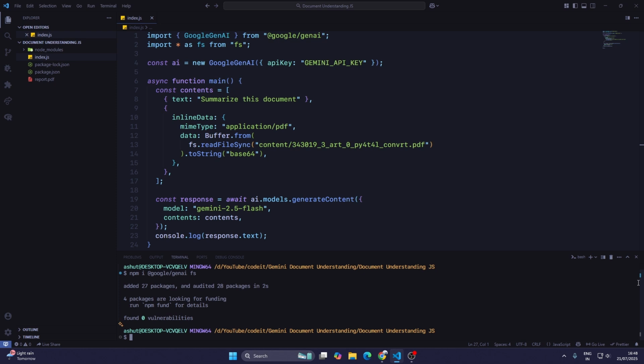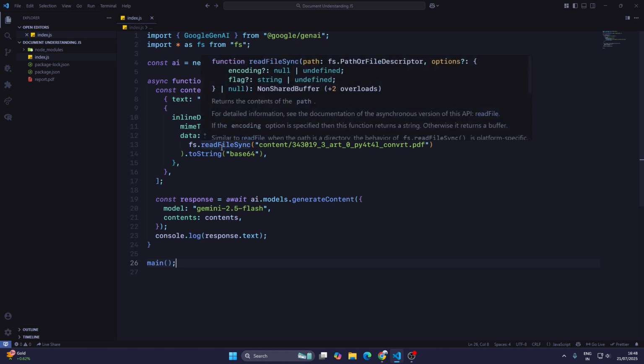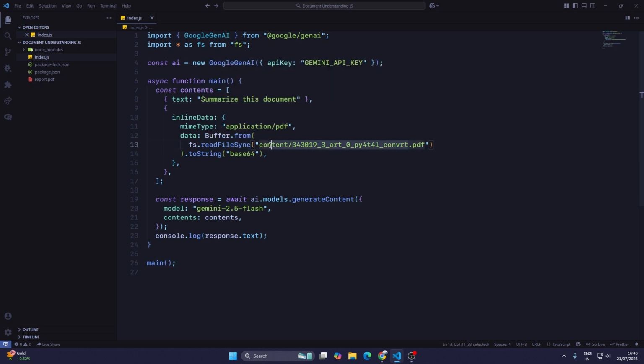Now these packages are installed, and you can see here that we are using the model Gemini 2.5 Flash, which is the latest model. There is one more model, Gemini 2.5 Pro, which gives more accurate and more detailed results, so you can use that if you have the premium version. And here in fs.readFileSync, instead of this I'll just type the PDF name which I have, which is report.pdf,